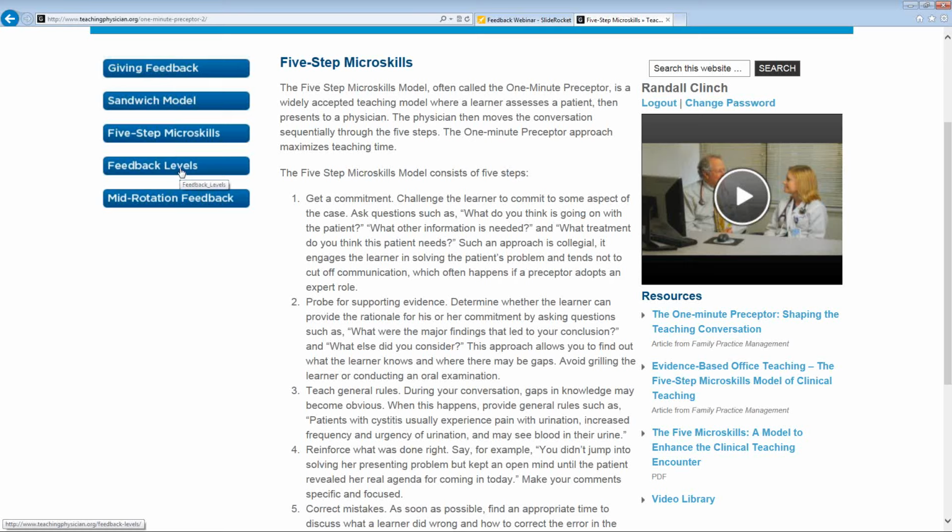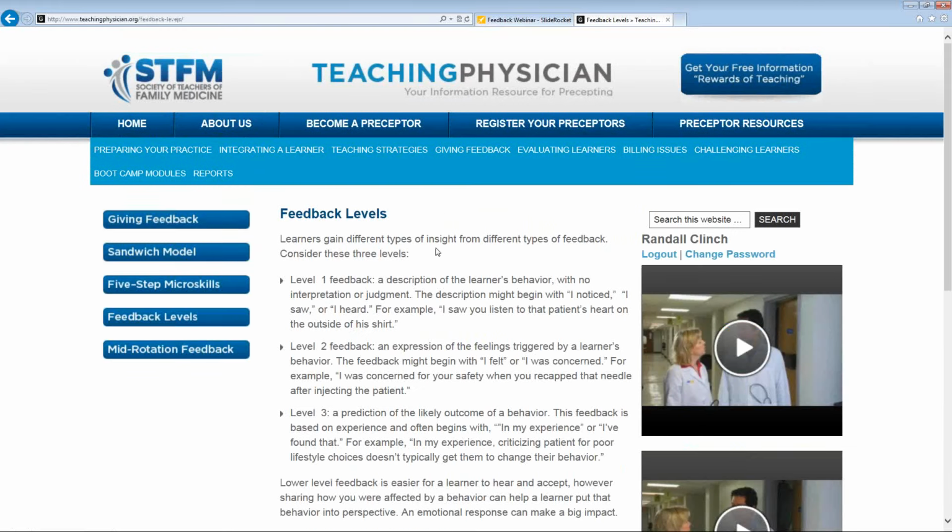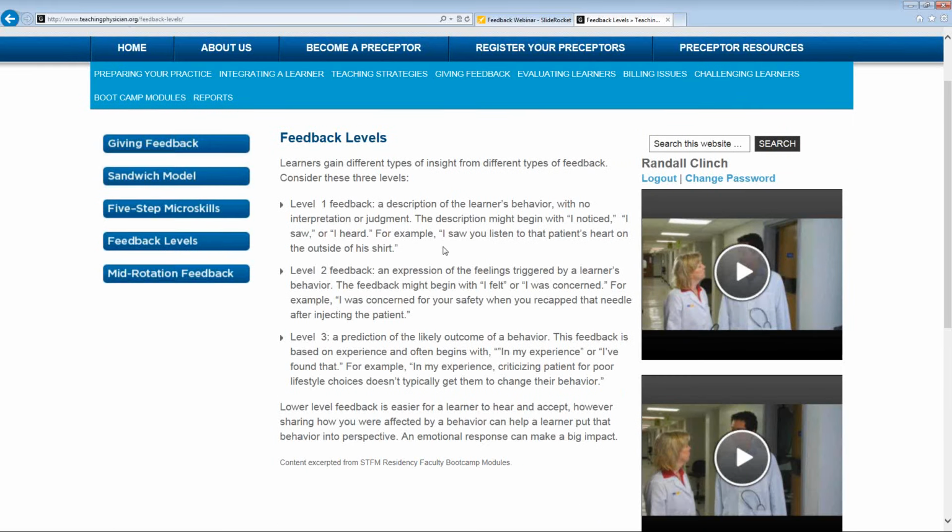So the last two things here in this section is something called feedback levels. I don't care if you remember the specific what is a level, but just remember that there are different ways for someone that you're working with to accept the feedback you're giving. If you have just met this learner, or you don't have a long-standing relationship with the learner, they're not sure about how safe it is to receive feedback from you, maybe the institution doesn't have this culture of feedback readily available, and people are just kind of worried about feedback.